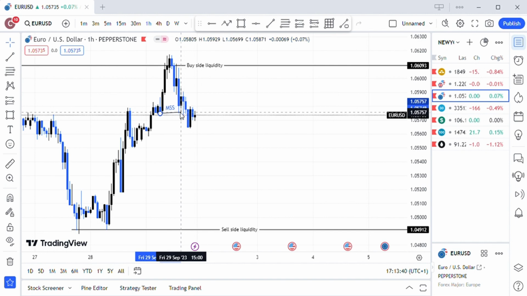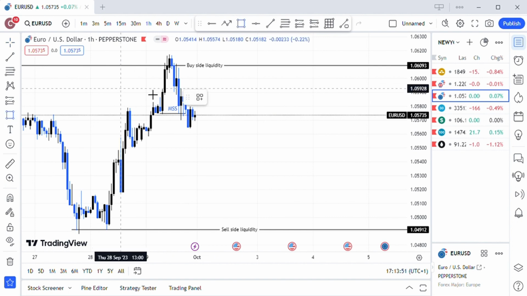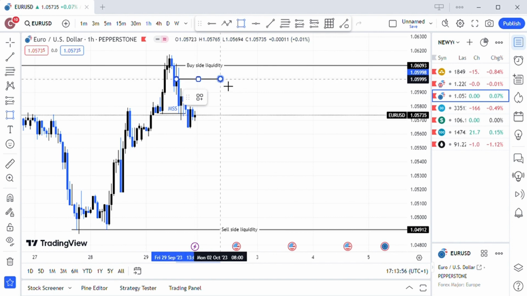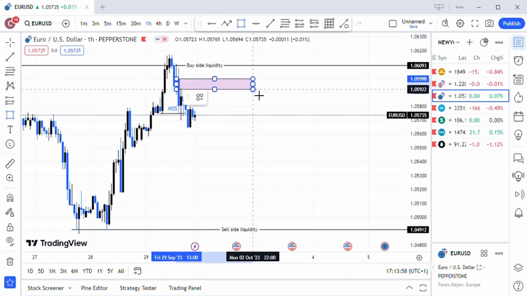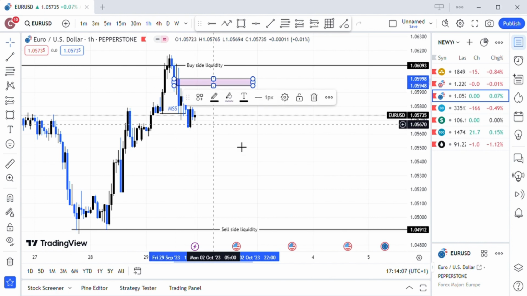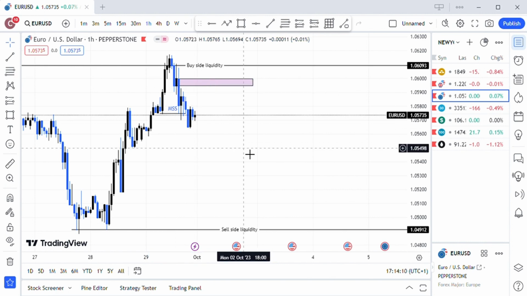So let me map it out. I'm a bad drawer. No, I'm not an engineer. So let's map out our order block. Here is our order block. This candle now, because of this upward movement. So our order block. I'm talking about, okay, this analysis is based only on the technical side, but so